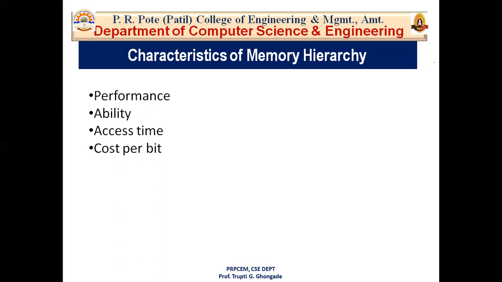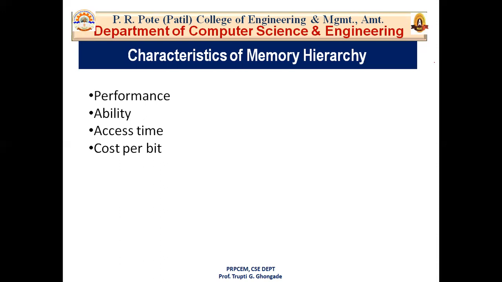Okay, then the next characteristic of memory hierarchy is the capacity. So the capacity of the memory hierarchy means the total amount of data the memory can store. Now, how can we calculate the capacity of a particular device? We can calculate it by using the total amount of data it can hold, the total amount of data it can store. Because whenever we shift from top to bottom inside the memory hierarchy, the capacity increases.